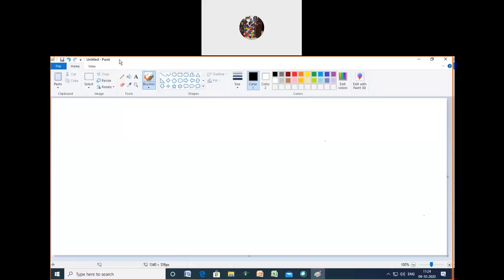So what are the tools in Paint we are going to see now? See here, pencil tool. Can you see the pencil tool? Then eraser tool, then brush tool, then line tool, then text.